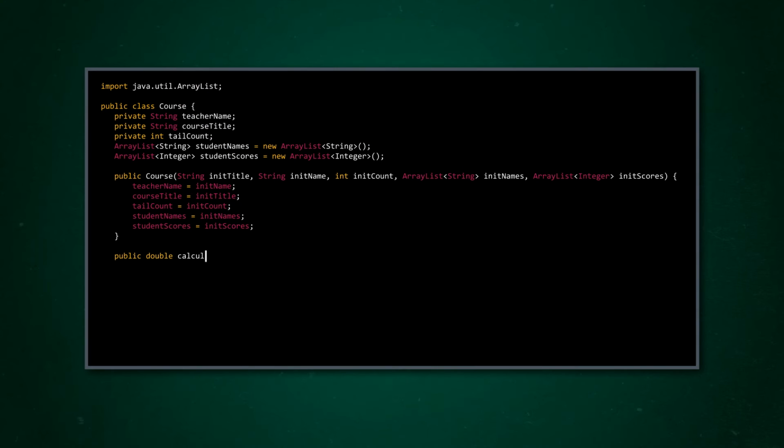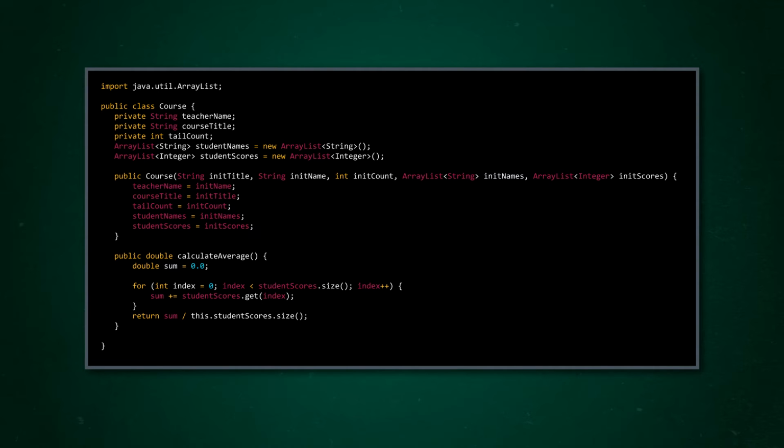Now we can translate that into Java code using all of the tools we've learned in this series so far, like for loops and math expressions. You'll notice that we use the keyword this in our return statement of our instance method. And that's basically how we differentiate between the class template and the representation of an individual course object. In other words, this.studentScores.size refers to the size of the student scores list in whatever course object we're working with. Because of the this keyword, this instance method will be able to access data from any object of the course